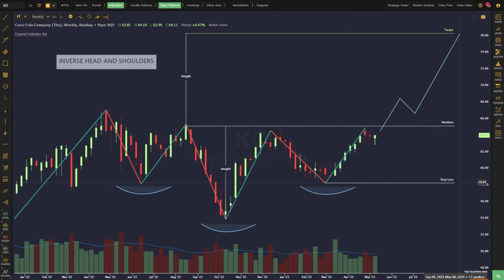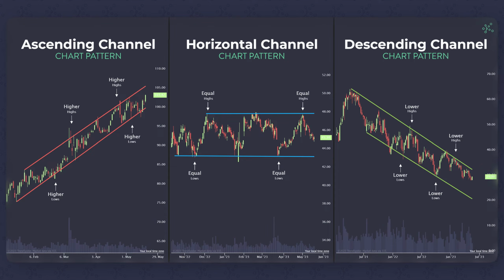Set a stop loss below the most recent shoulder or just below the neckline. And a price target can be estimated by measuring the height from the head to the neckline and adding it to the neckline. Our next pattern is the channel, and there are 3 types of channels to be familiar with: